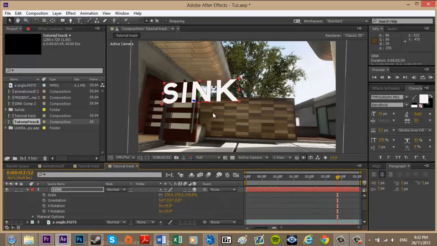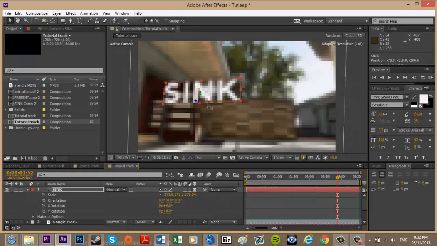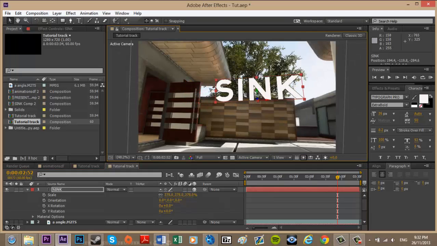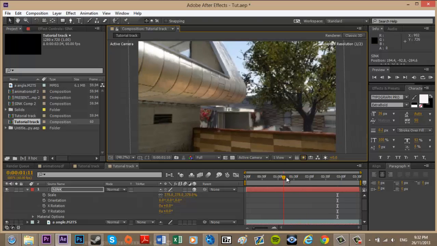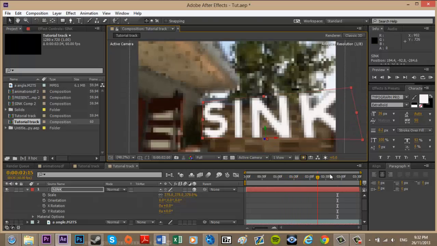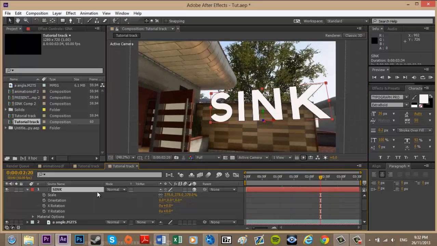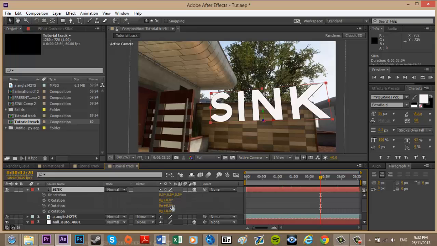Now, because I have set up my scene geometry, I'm just going to reposition this with the Y position a little bit, and the X and the Y position. Because of that, the text is already perfect in terms of rotation. If it is not already perfect, you can click on the text, press R, and then play with the different